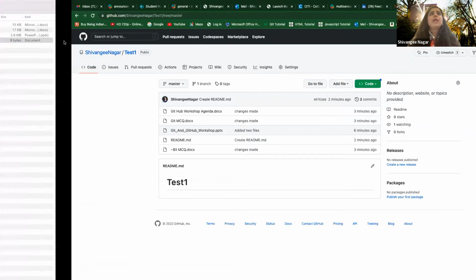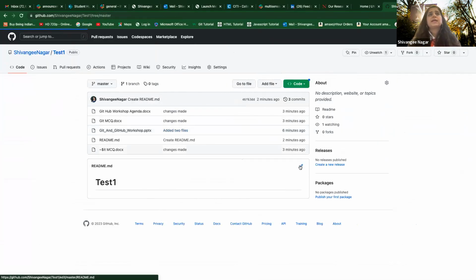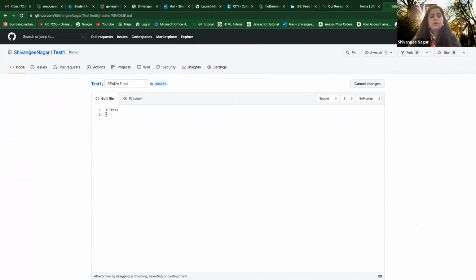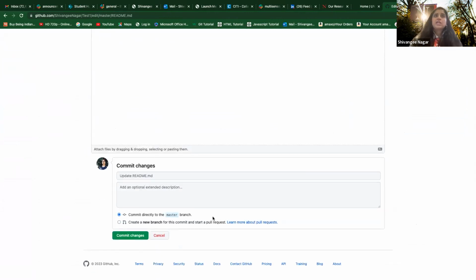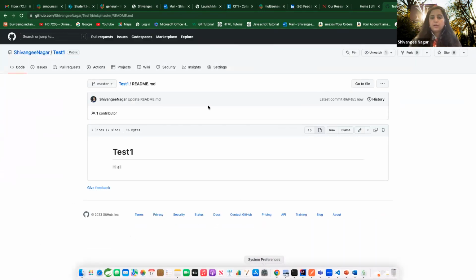And also, the other way to do this is, let's say I just have some more change. Hi, all. This is one more change that I did on my local. The same thing can be done.